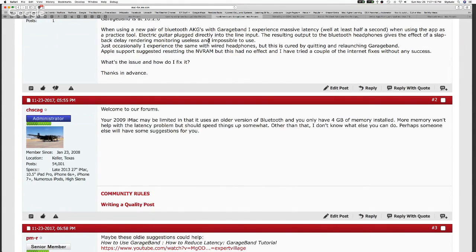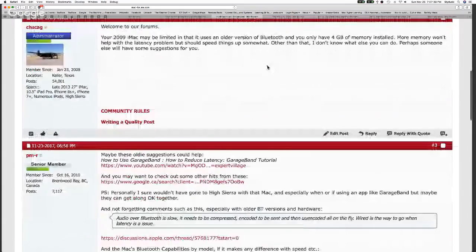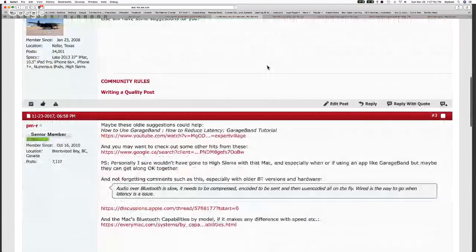Not being a musician, I've never experienced that. I haven't used GarageBand for that function, but I know enough about practicing to get that you really need to be able to hear it with as little latency as possible. And Patrick, aka PMR on the forum, has a list of some tips and tricks that you can find relative to trying to get the latency down in GarageBand. I'll be curious to know how well these tips work. I don't have a real effective way to test that.